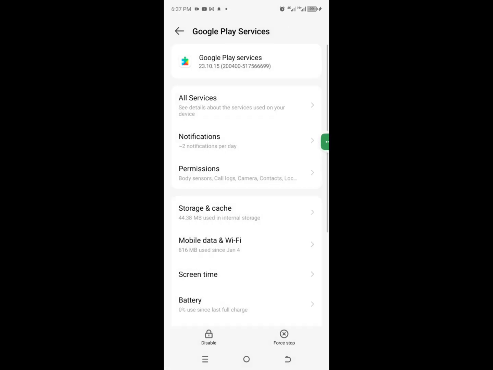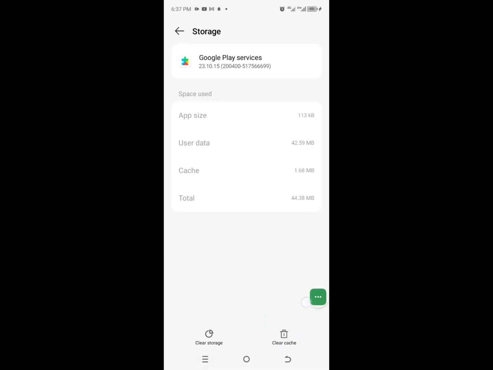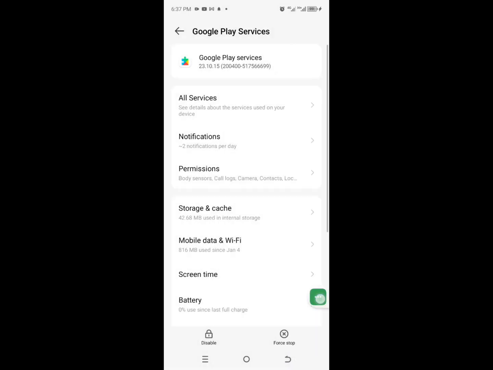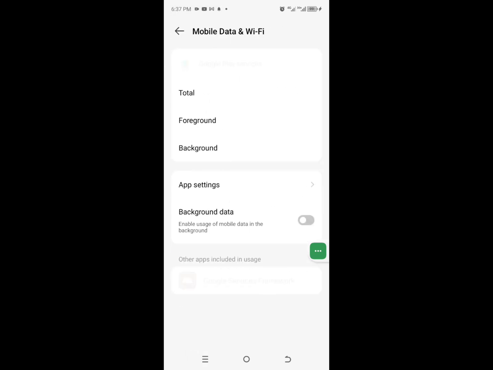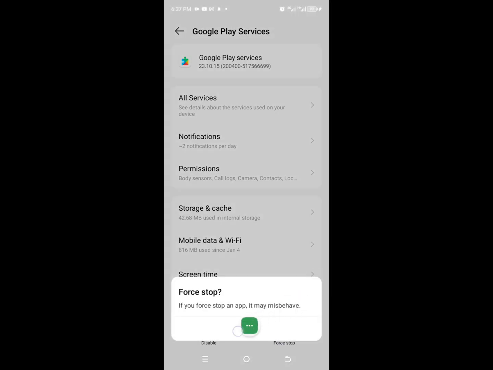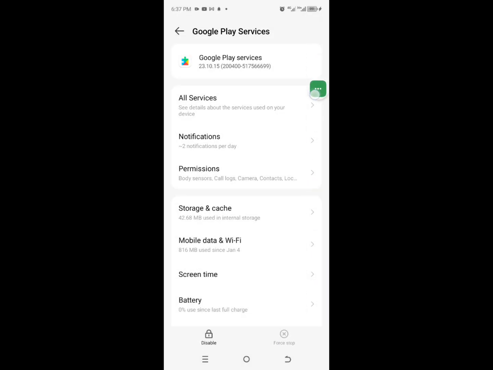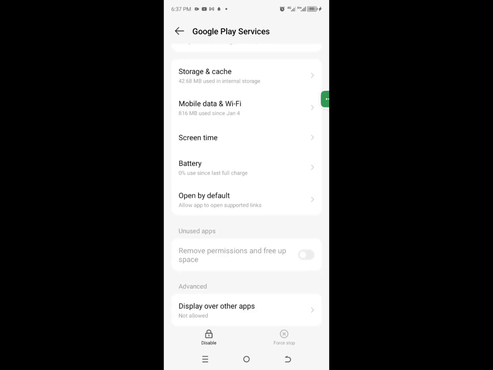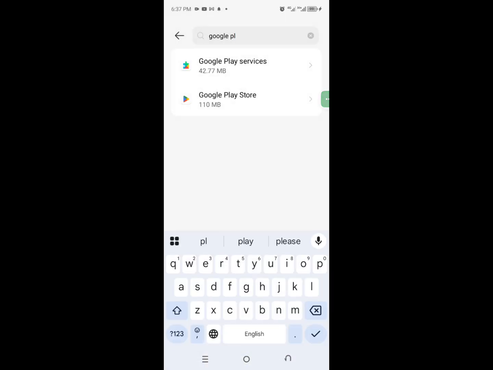Go back and tap on Storage and cache. Tap on Clear cache. Now go back again and tap on this Mobile data and Wi-Fi and make sure this Background data is turned on. So after doing this, you have to go back and tap on this Force stop. Tap on OK. Now you're going to see this. After that, what you have to do is go back and tap on this